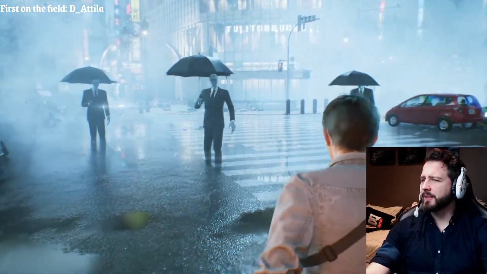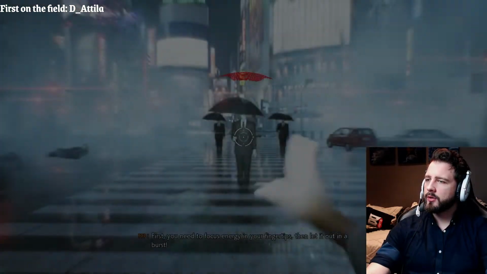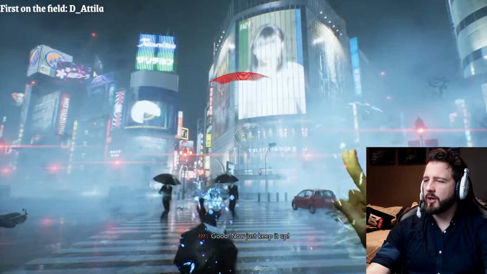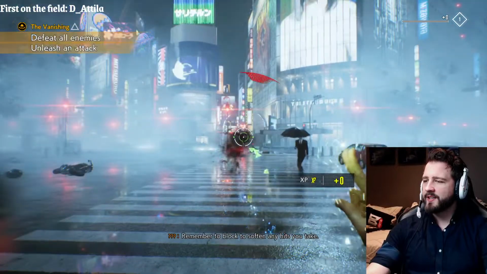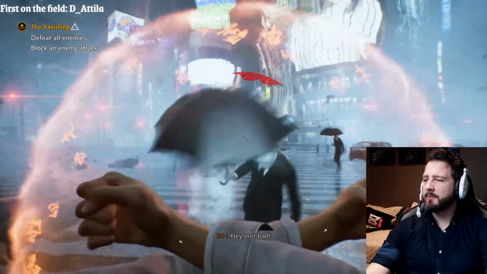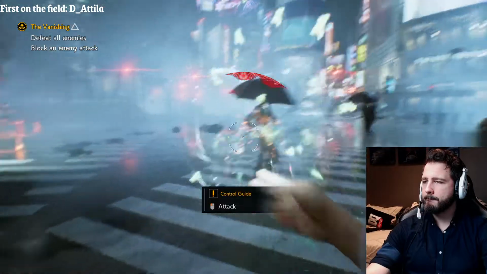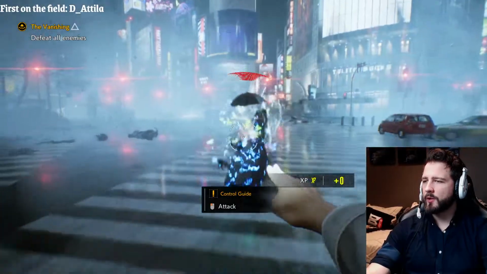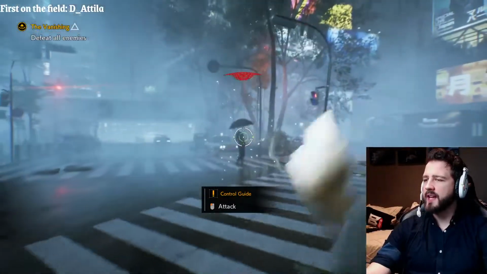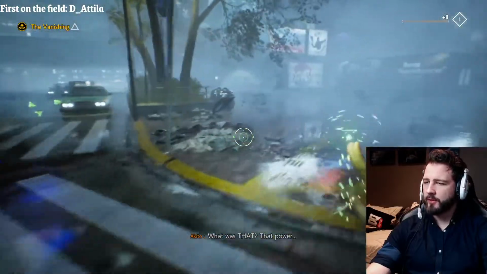Okay, it's time for some fighting. I'm playing this on mouse and keyboard. Okay. You focus your energy on your fingertips, then let it out in a burst. Oh, finger guns! We got finger guns! Oh, middle mouse button to block. Okay. Can I hold it in? Okay, so not attacking. Okay, so you slowly fill up your...